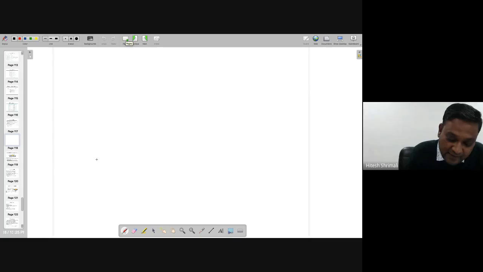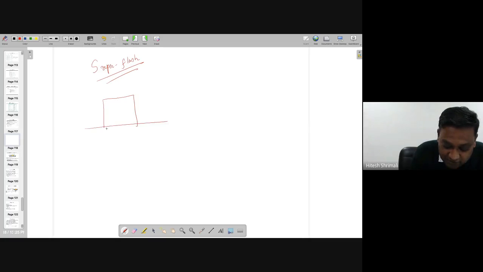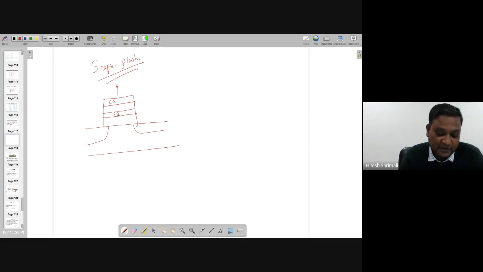there is one more memory which is known as super flash. So here what we have studied, the normal memory will have a floating gate and then the control gate, right? So here what is happening, this guy is actually a bit higher than this one, and always there is a GCR. But instead of that, if you are doing the following,